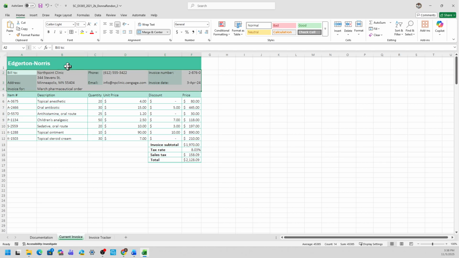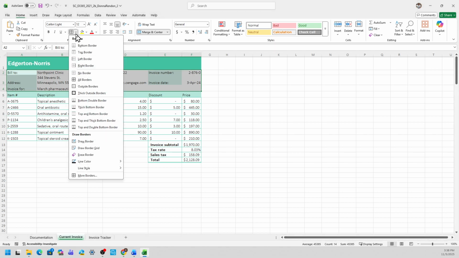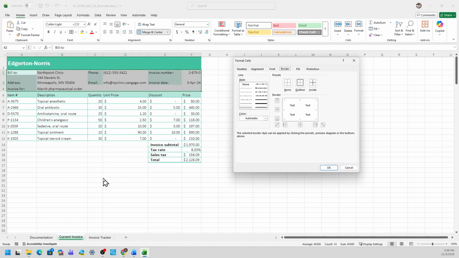I'm adding the outside border. Under the font group on the Home tab, select the drop down menu under borders. There is an outside borders option here, but I'm going to select more borders because I'm also changing the colors.